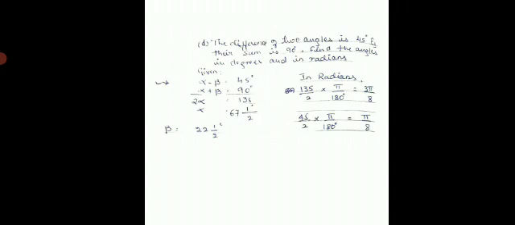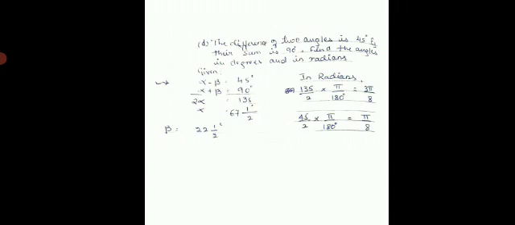Alpha and alpha will be 2 alpha, which is equal to 90 plus 45, that is 135. Then divide 135 upon 2, you get 67 and half degrees. So alpha is 67 and half degrees. Solve for beta. You get 22 and 1 by 2 degree. Okay, add these two angles, you get 90 degree for verification. So this is in degrees. Now convert these two angles into radians.